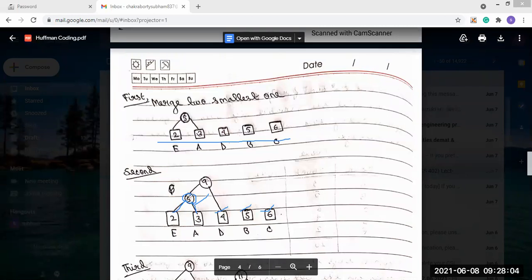Now what we have to check here is from these 5, 4, 5, 6. These 4 elements are present now. From these 4 elements, we have to find the 2 minimum. Either here you can see 5 and 4, these are the 2 minimum.